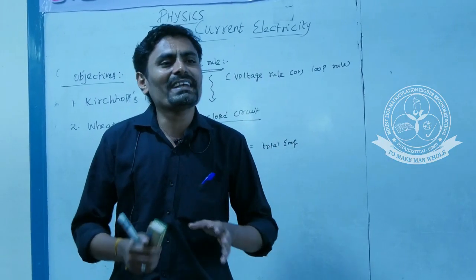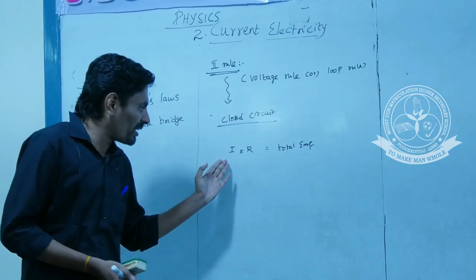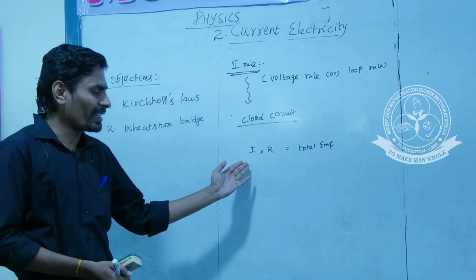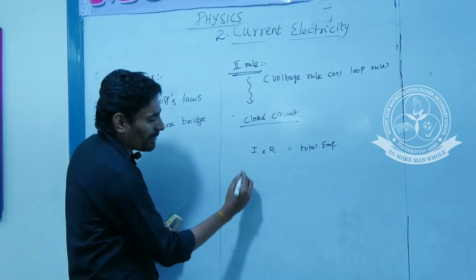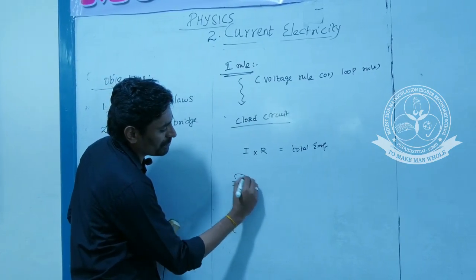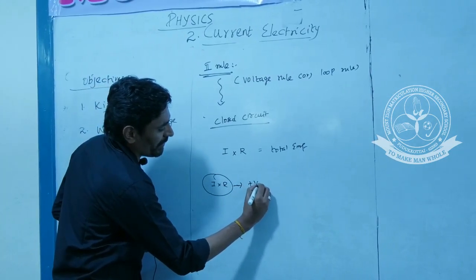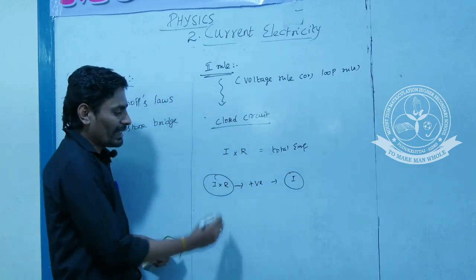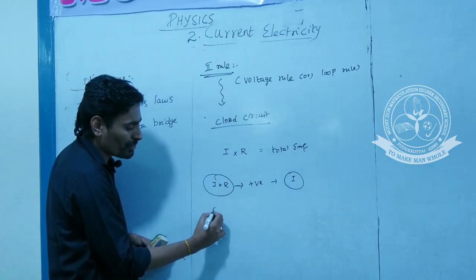Then what is the direction of the product of current and resistance? The product of current and resistance is taken as positive when the direction of current is followed. When the direction of current is opposite,